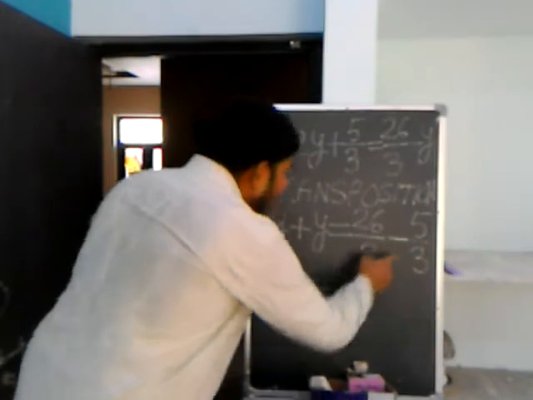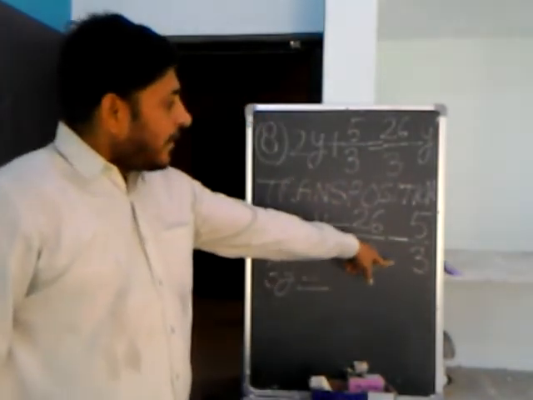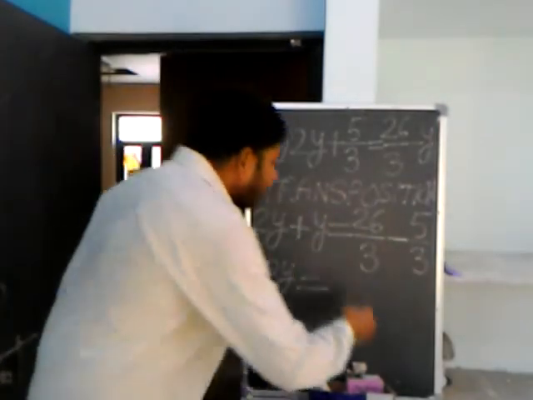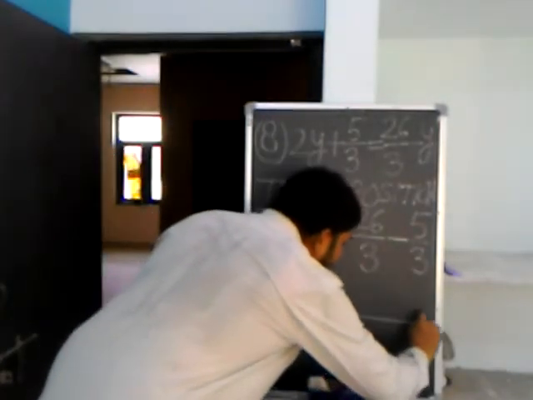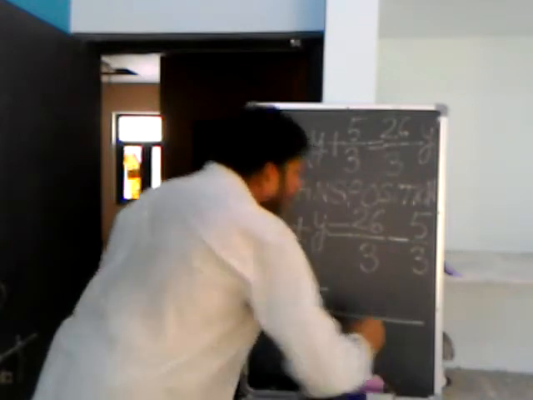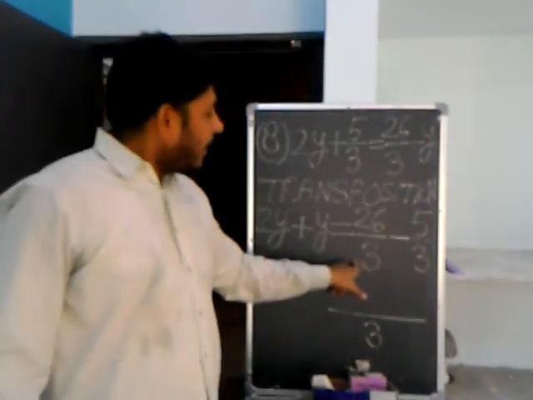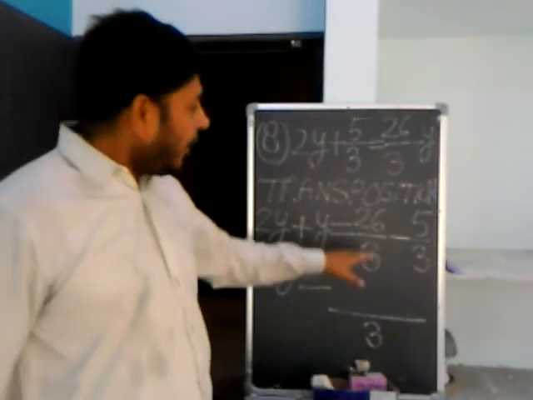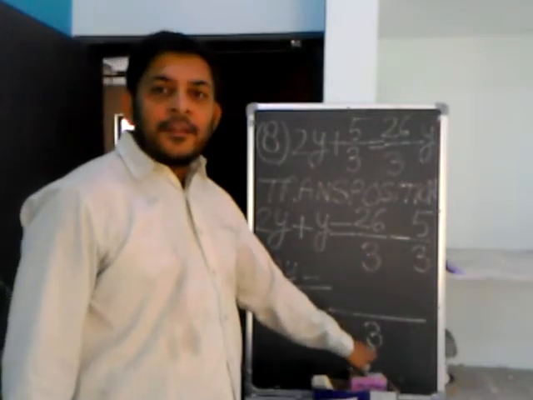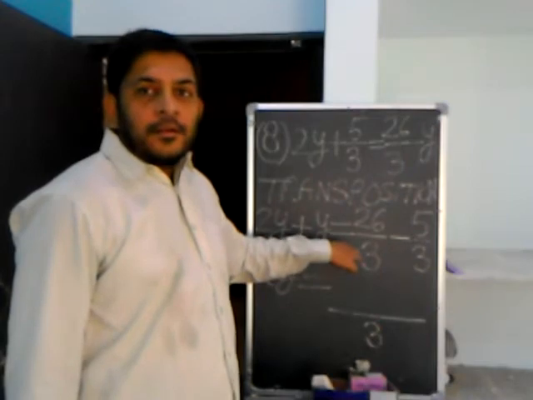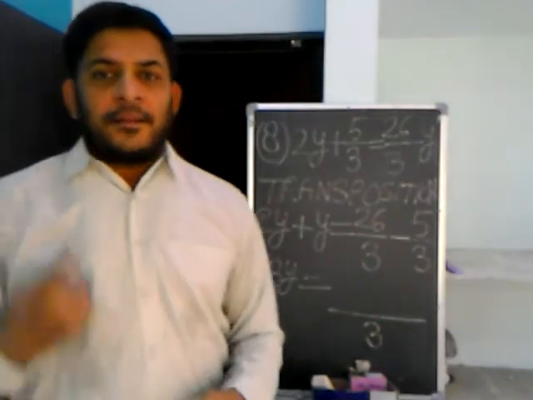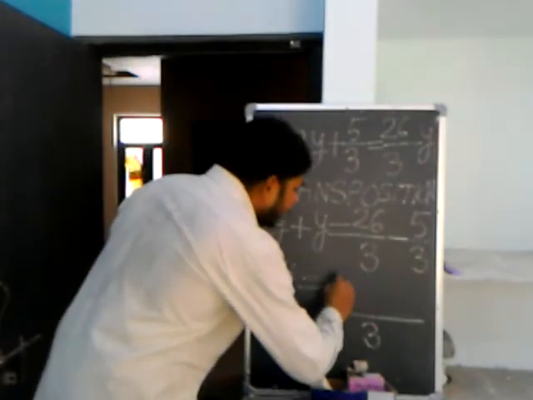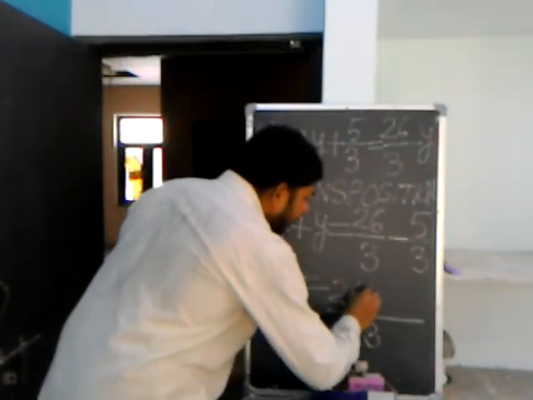But on the right hand side numbers are in rational form. So what I will need to do is take the LCM of denominators. Denominators are 3, so LCM is also 3. Now I will divide this LCM 3 by the denominator. 3 divided by 3, answer is 1, 3 1s are 3. That answer 1 is multiplied to 26. 26 into 1.